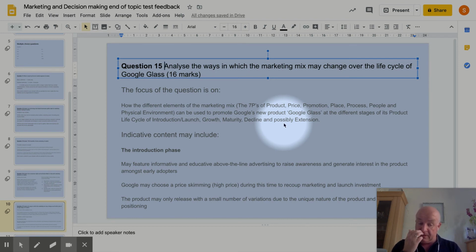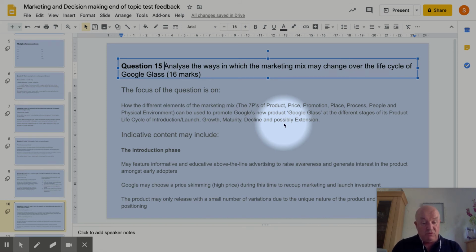It was extremely innovative and something that nobody had really seen before. So in that instance, it's very important in your introductory phase that you're informing people and helping them become more aware of this particular product. Okay, so the sort of things that you would be thinking about would be